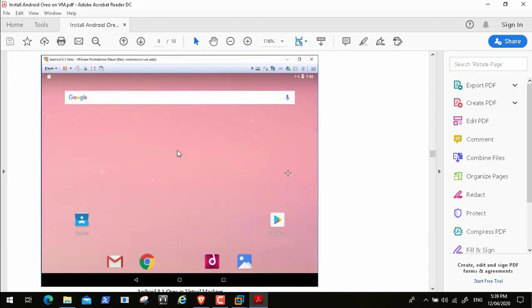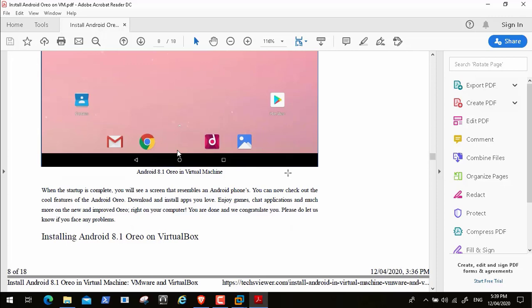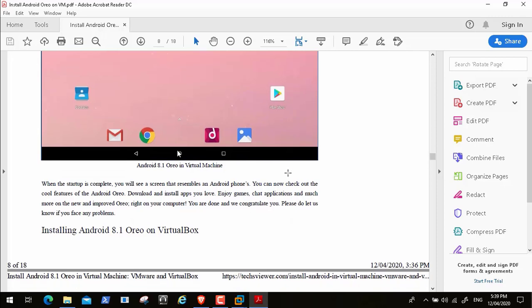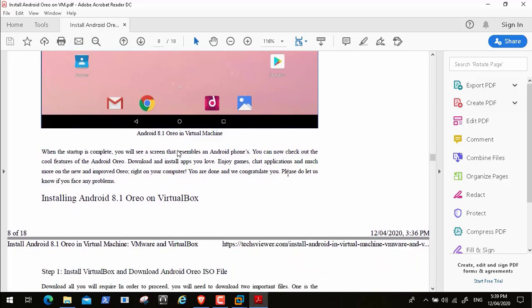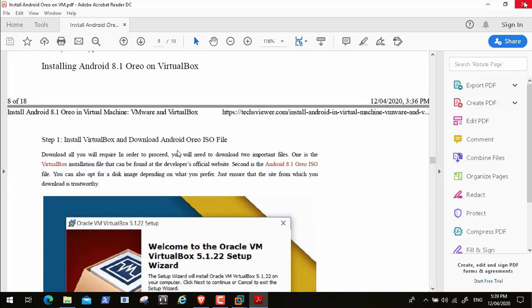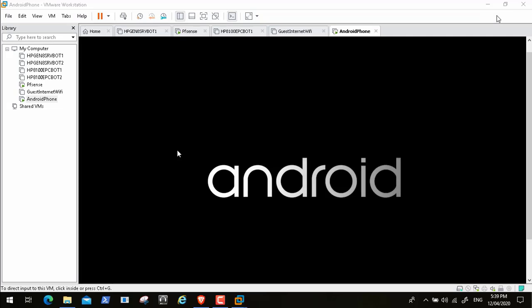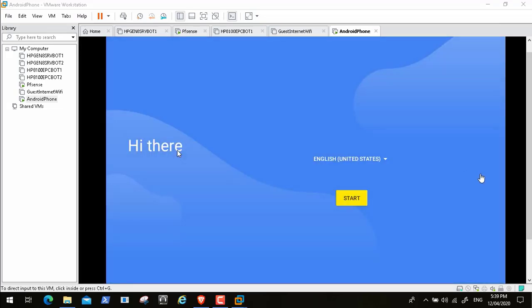So now we will test our captive portal, but first we need to log into the Android system interface, or open the Android system interface. And also there is another PDF I have put in the transformers